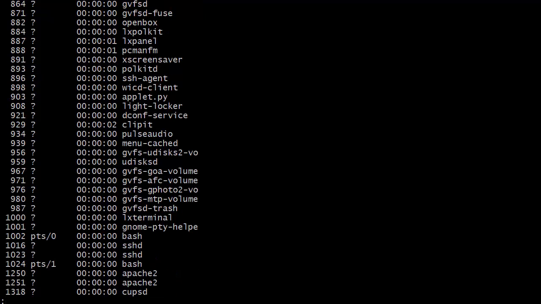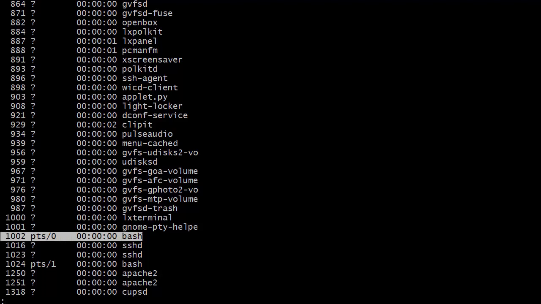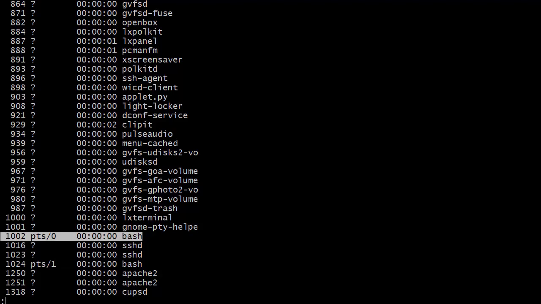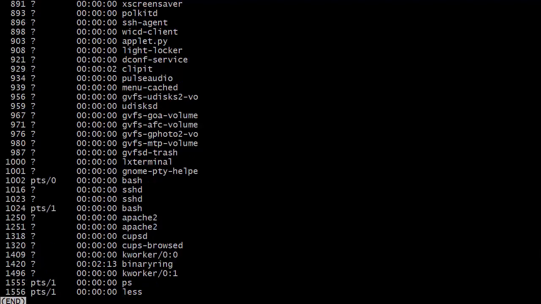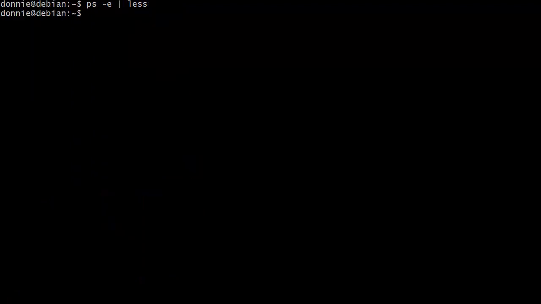And then we go on down again, and we see here the stuff that I'm running. pts/0 is the bash shell, and we also have pts/1, which is the bash shell that I'm in right now. So this bash shell here is the bash shell that's over on the local machine, and this is what I'm running right here. All right, so anyway, then we have also other processes. There's the Apache process. We have a web server on there, and lots of other processes as well. So anyway, let's go ahead here and